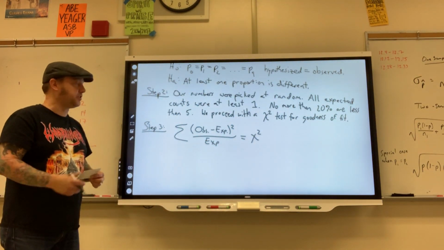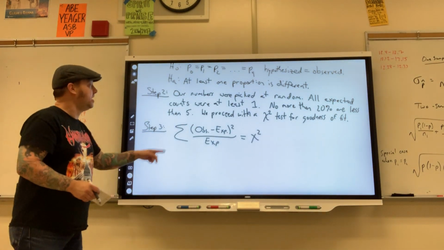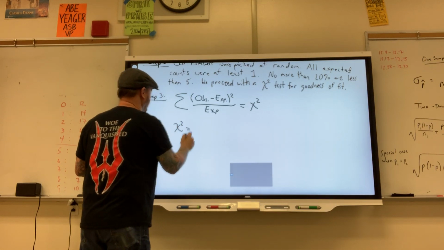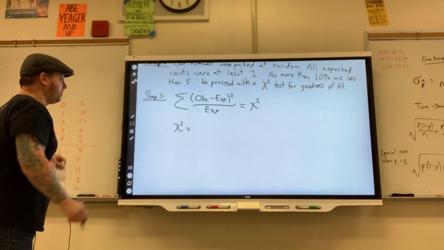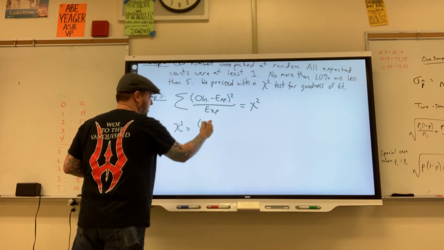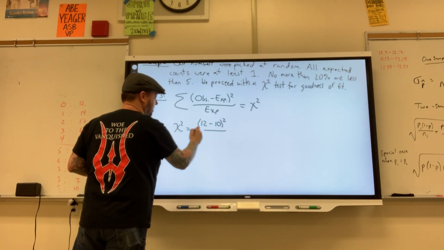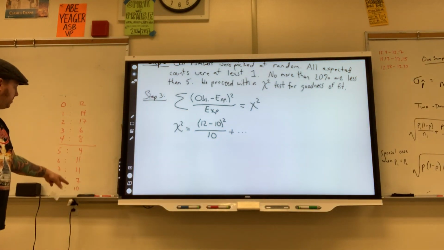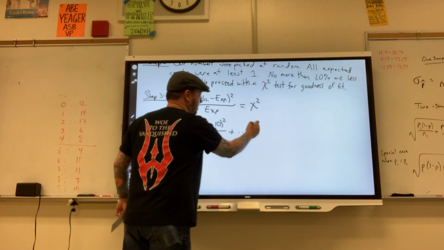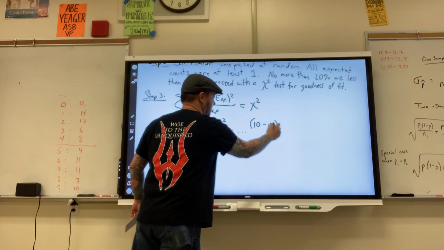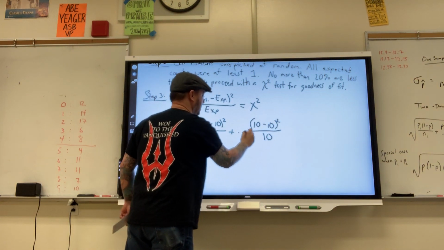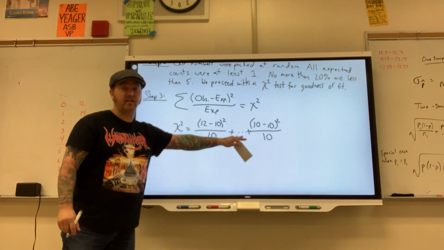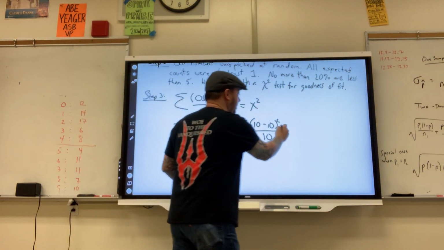This is what's on your formula sheet, except they write out observed and expected. So what you're going to do is write chi-square equals. Now, my first was that one. My last was that. So do your first plus dot dot dot plus, do your last, equals